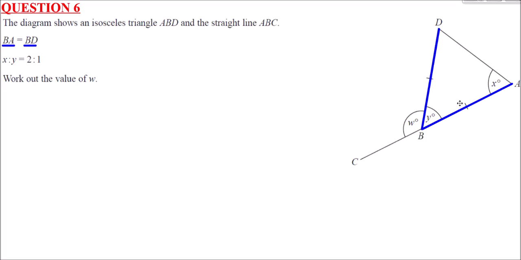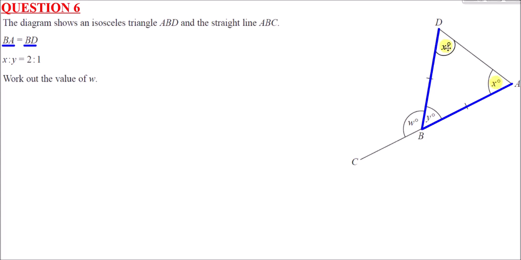Two sides are the same, therefore the two angles at the base are the same. Now, base angles is a term which can be quite confusing to students. Base angle means the two angles which are identical. I think of this in terms of which angle isn't going to be the same. The odd one out, the different angle, is always where the two equal sides meet. And so y is going to be the different angle, therefore these two here at D and A are going to be the same. So if A is x degrees, D will be x degrees as well,